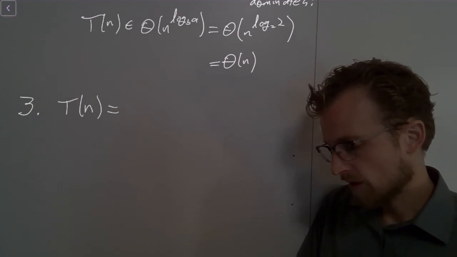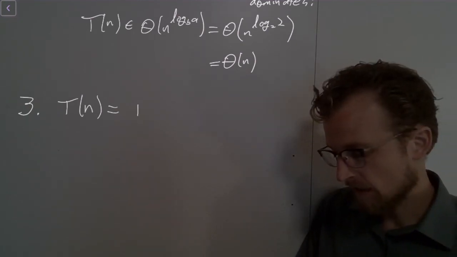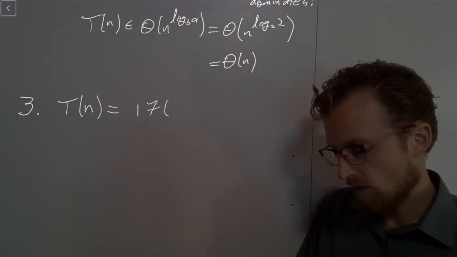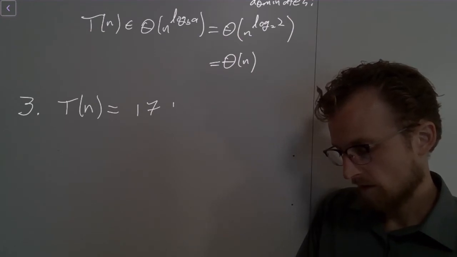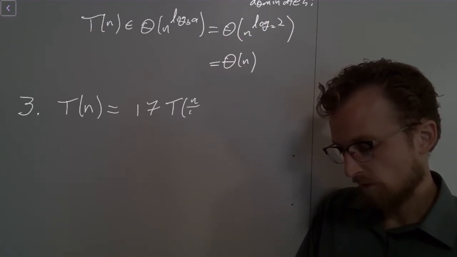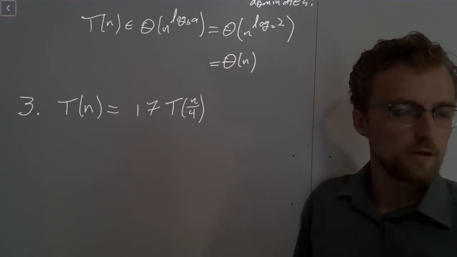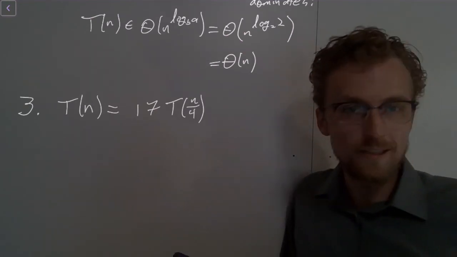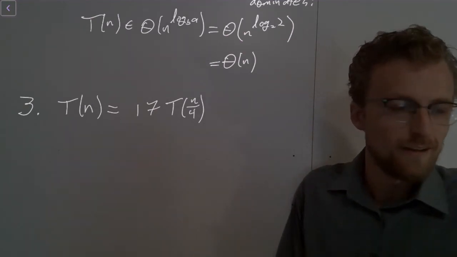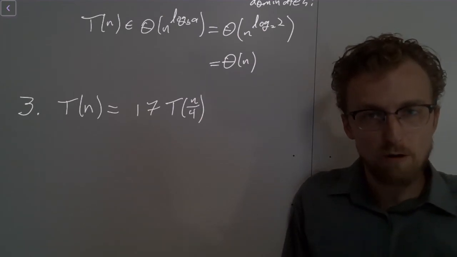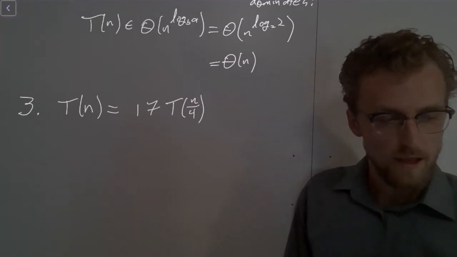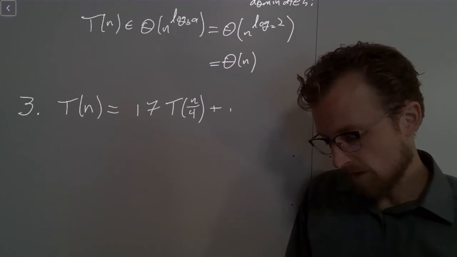The recurrence relation is T of n equals 17 T of n over 4. So you can imagine we recurse 17 times, for some reason, on problems that are a quarter the size of the original, and then my f of n term is n